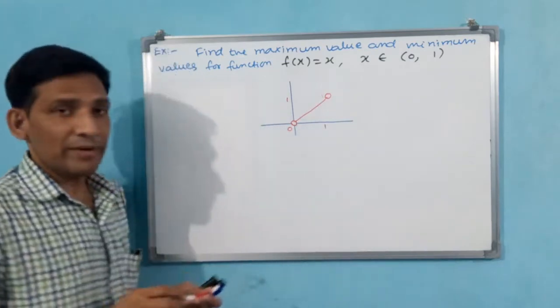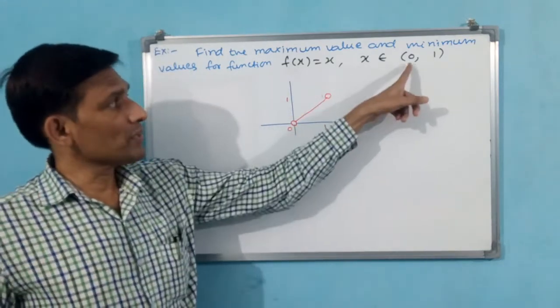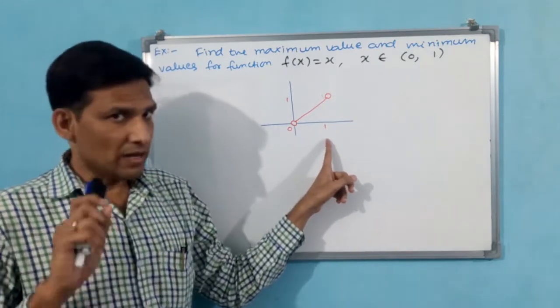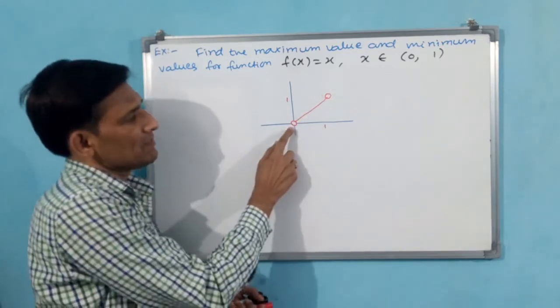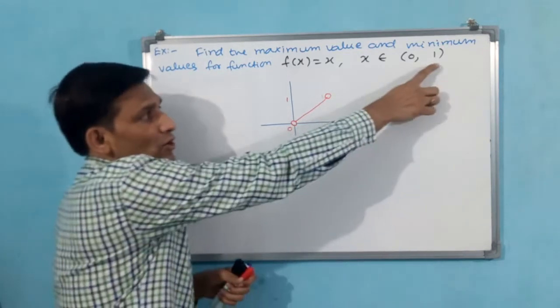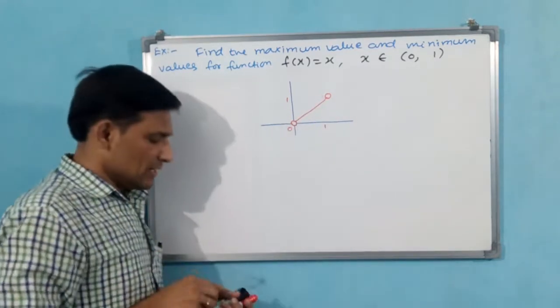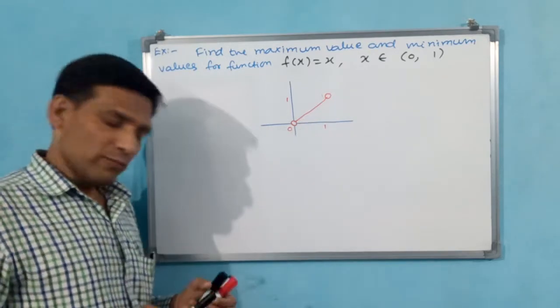Okay, you see here, this is the graph of this function. Why? Because you only have to take 0 to 1. But do you take 0? No. Because it is an open interval, that is why I have given an open bubble. Do you take 1? No, you should not take it, that is why I have given an open bubble at 1. That means the value should be greater than 0 and less than 1.